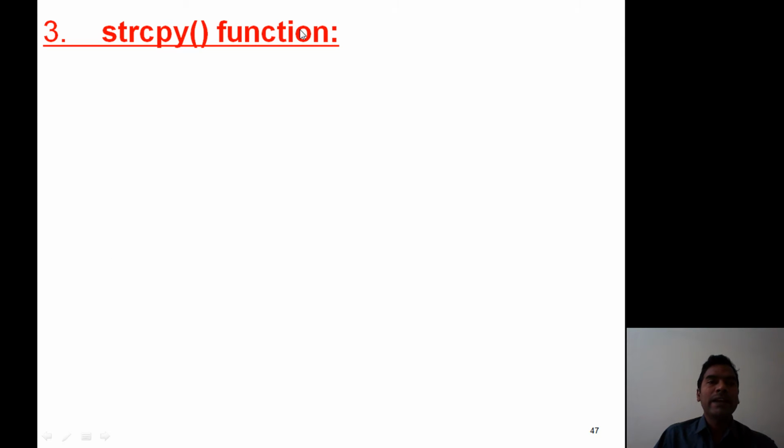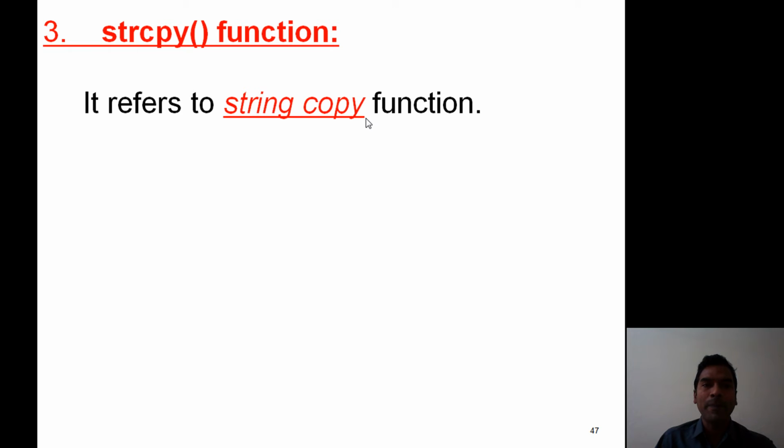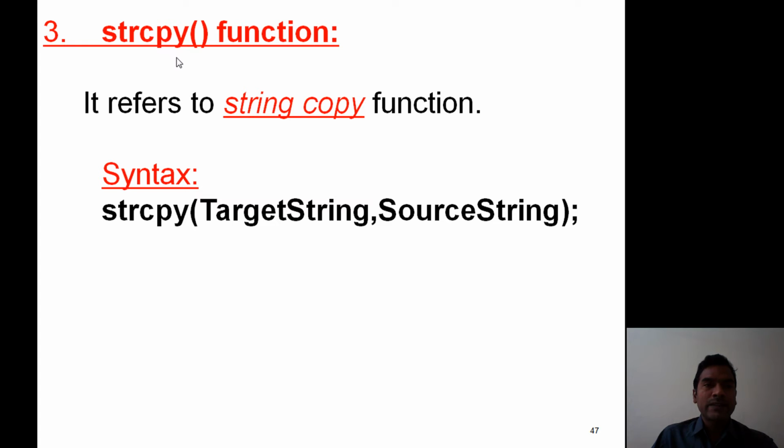The third one is the strcpy function. It refers to the string copy function. This function is used to copy the contents of one string into another string. The syntax format is strcpy(target string, source string).